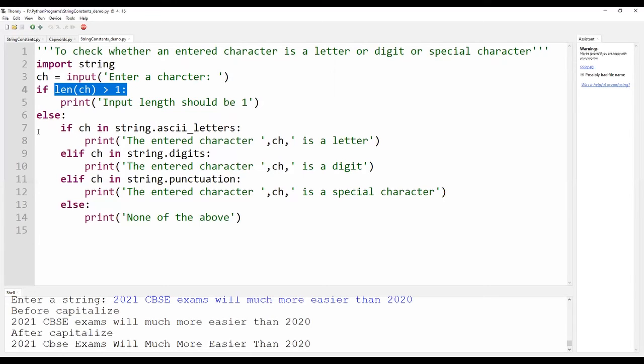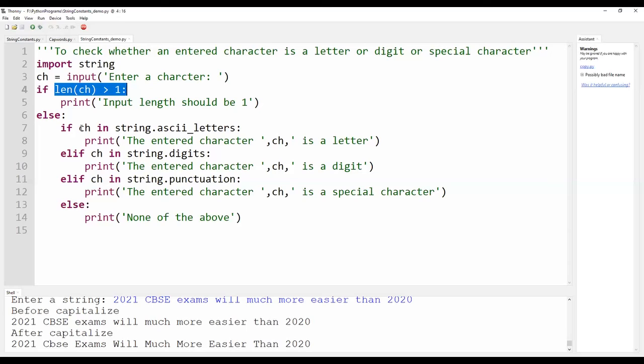In the else part, if the user has entered a character, if ch in string.ascii_letters, as we have seen already, checks whether the entered character lies in the small letters or the capital letters.